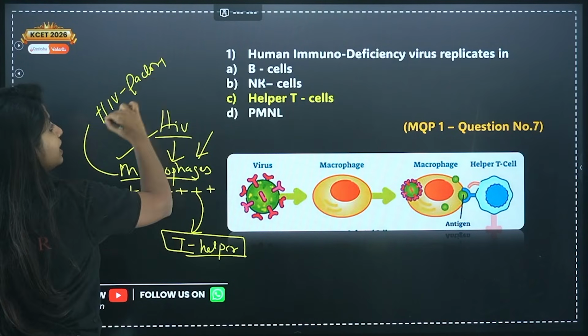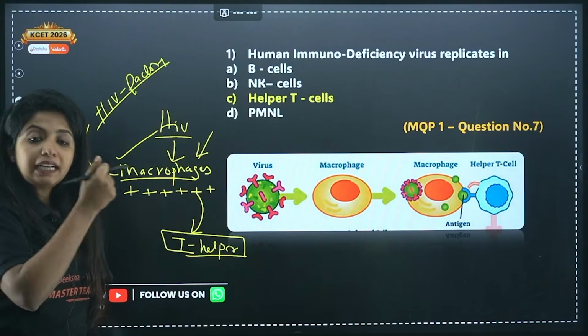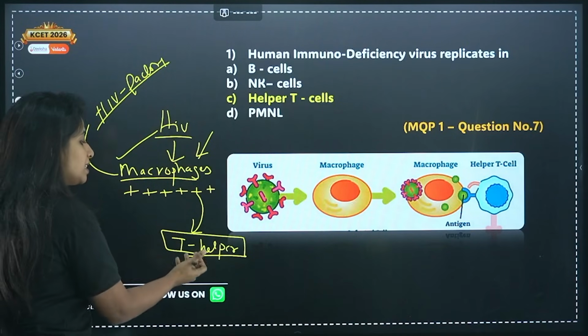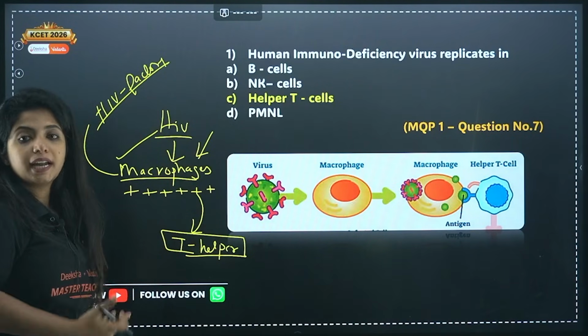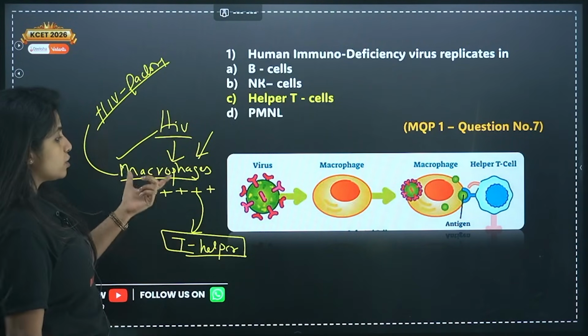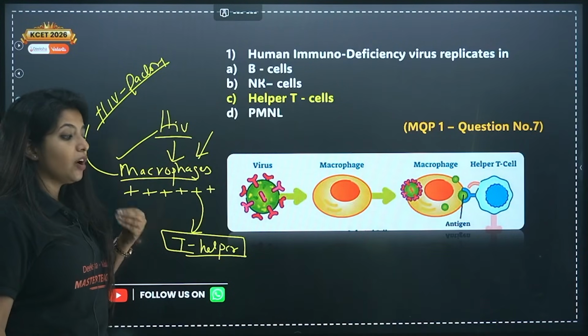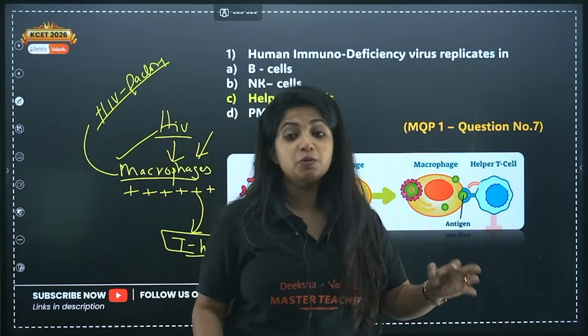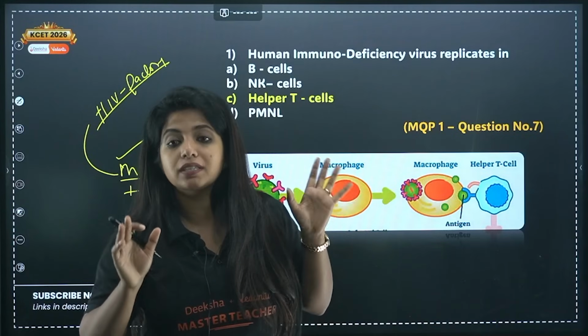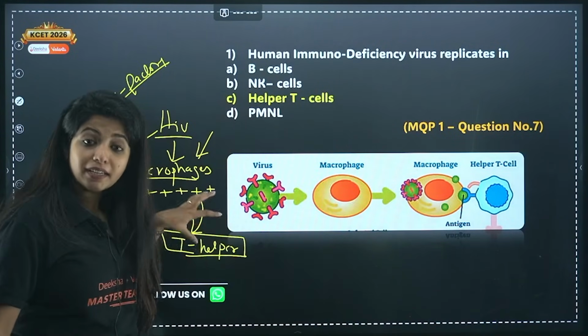This is where they initially come and develop. Later on, they go ahead, get inside the T helper cells and also replicate there. Okay, so if you have an option like macrophages, please go ahead with it. Now, if you are getting a question that HIV viruses majorly target what? So it is the helper T cells. The major target is this only.